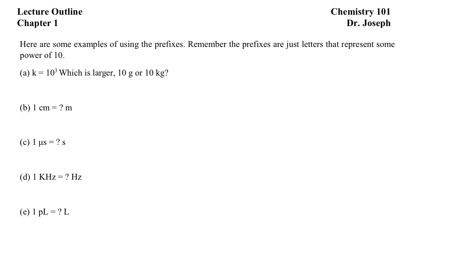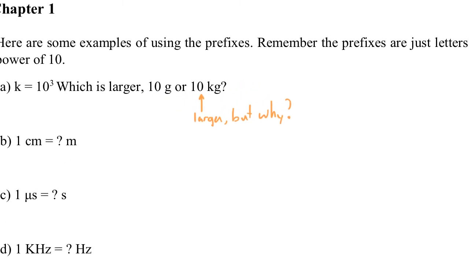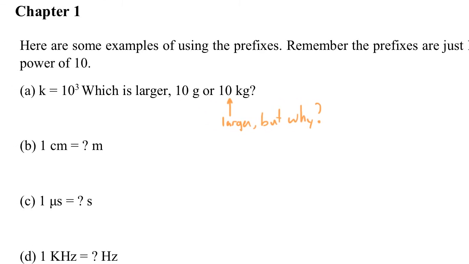So in this first example, we're going to look at the metric prefix K, or kilo, and we're being asked which is larger, 10 grams or 10 kilograms. Now, of course, 10 kilograms is larger than 10 grams, but you might not already know that. And if you don't know much about the metric system, that would be confusing. Let's just break this down to its simplest elements and see what the difference is between 10 grams and 10